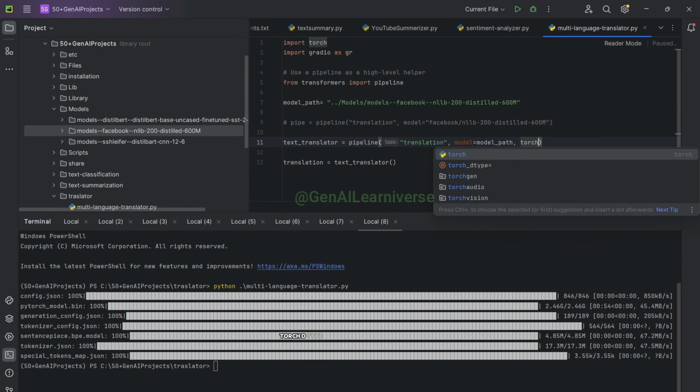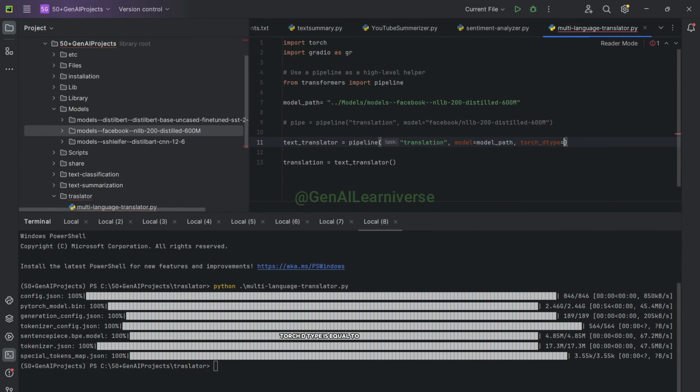torch_dtype equal to torch.bfloat16, and as I have explained previously, this basically allows us to compress our model without degrading the performance. So that's it. Now I'll be calling this function to see whether it is working fine or not. I'll create a text equal to hello friends,